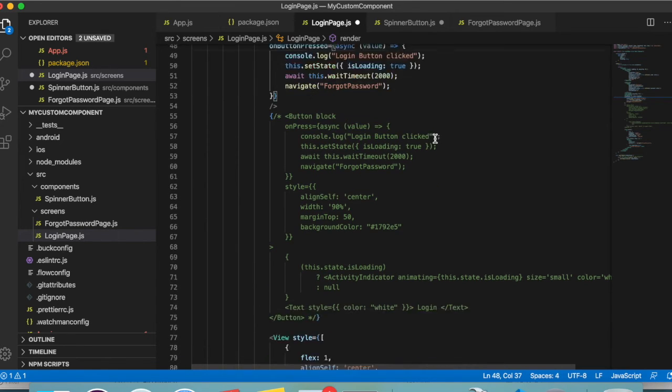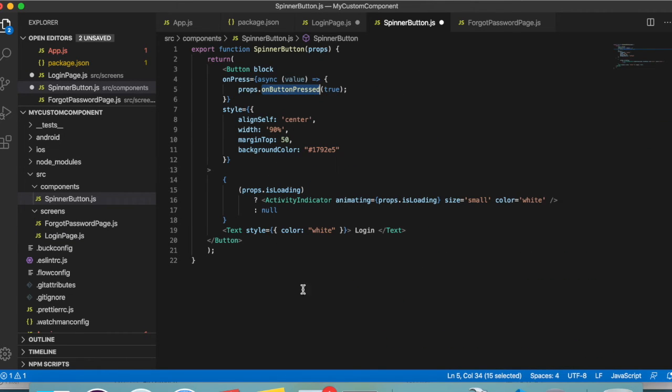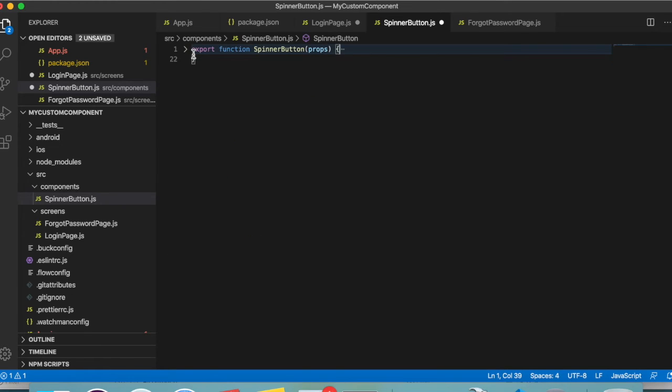One more thing that we forgot to add: when we are creating our custom component, we have added a couple of views like the button, the activity indicator, and the text view. So for this to work properly, we need to import all those things over here.